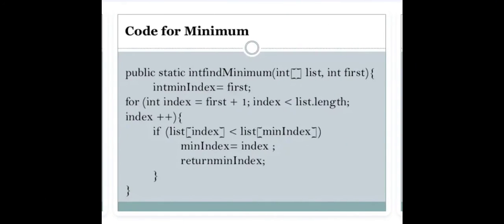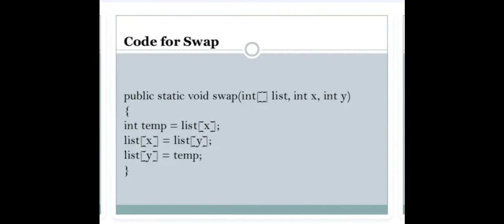Code for minimum: public static int findMinimum(int[] list, int first) { int minimumIndex = first; for (int index = first + 1; index < list.length; index++) { if (list[index] < list[minimumIndex]) minimumIndex = index; } return minimumIndex; }